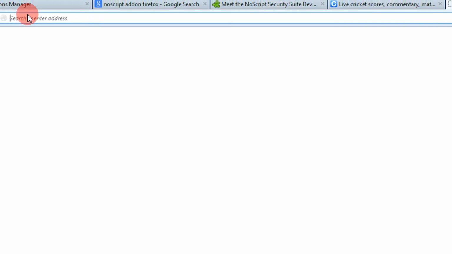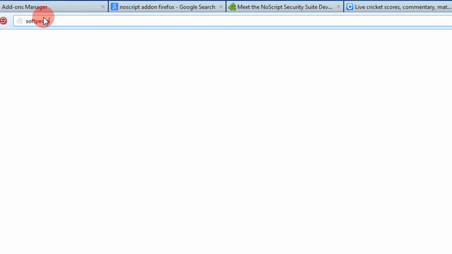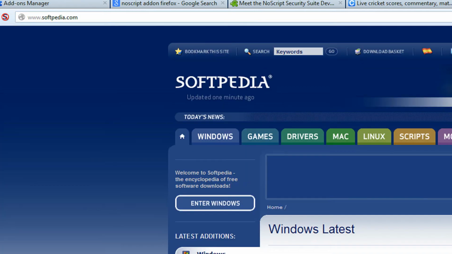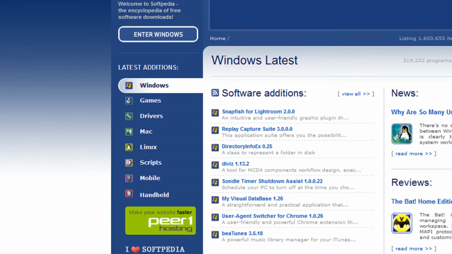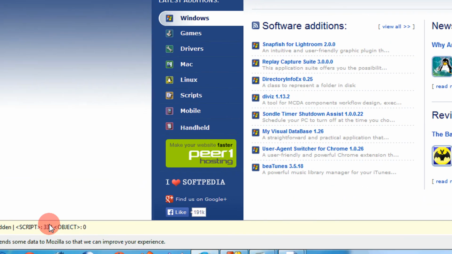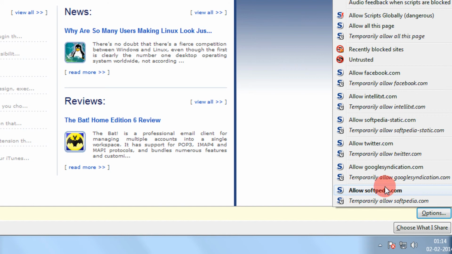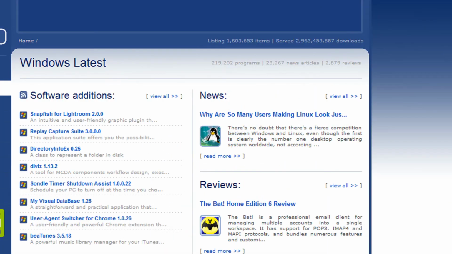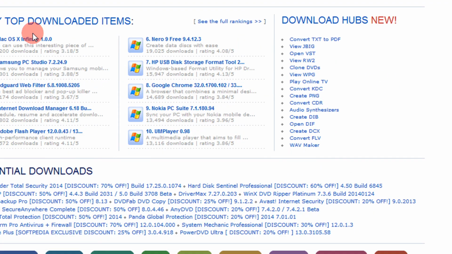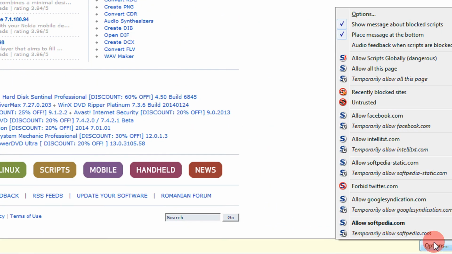Now let us open another site, softpedia.com, where you obtain a plethora of software. So basically 33 scripts are blocked on this web page. Now let us watch which of them. This is the main website, Softpedia, Twitter, Softpedia statistic, Facebook. These are blocked by default. If you want to allow, you can just click on allow. Let's say I allow twitter.com, so the Twitter handle will be activated on this web page. In this manner you can work with the options.